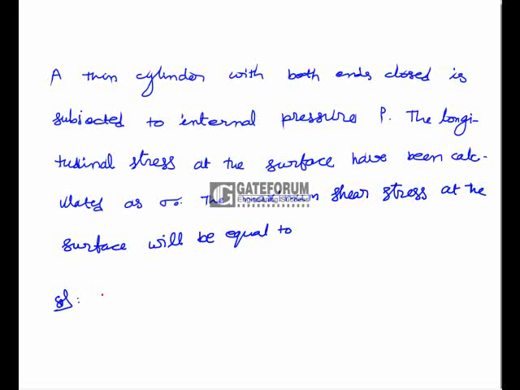A thin cylinder with both ends closed is subjected to internal pressure P. The longitudinal stress at the surface has been calculated as sigma naught. The maximum shear stress at the surface will be equal to. Here it is given that the longitudinal stress induced in the shell is given by sigma naught. So here sigma L is equal to sigma naught, but we know that the maximum shear stress is equal to